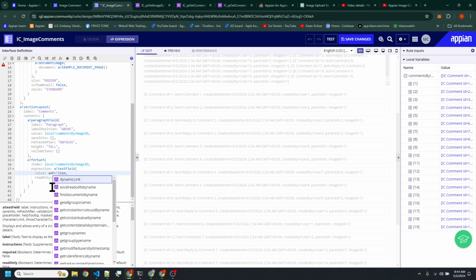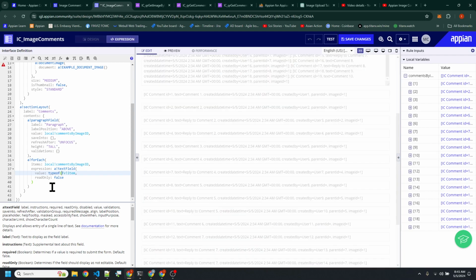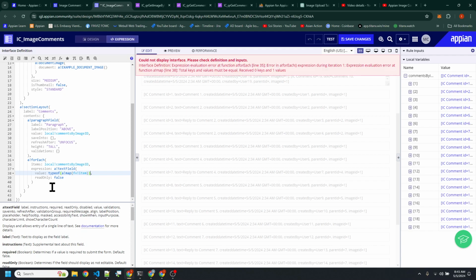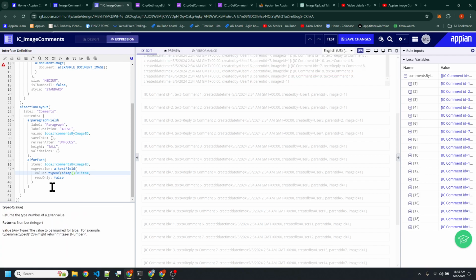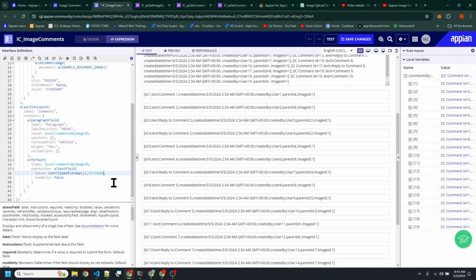Right, I can say map, maybe a type of a map, and let's see if this is part of the code that works here. Actually, here, type of map. And we have to cast this. So yeah, now we can get the text.